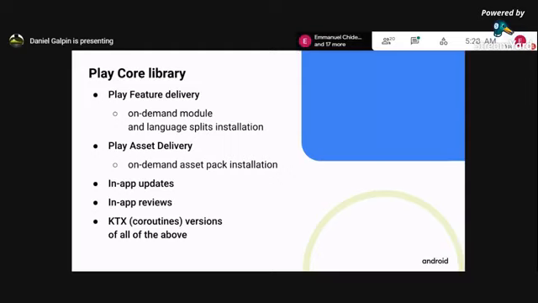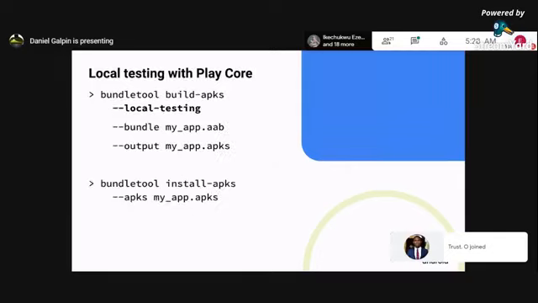The old app isn't compatible. It's in the back end. You can actually call out to the user to say, hey, please update this now. And it's this very nice flow within your app. In-app reviews are nice too, because that helps drive people to actually try to use the app. And what's cool is that we've actually built coroutines and KTX extension versions of all of these things. So the PlayCore library is really nice if you're working in Kotlin already.